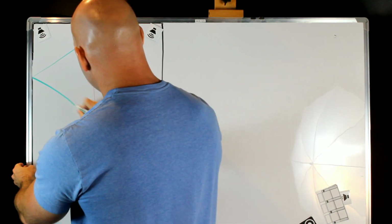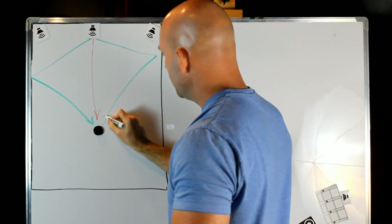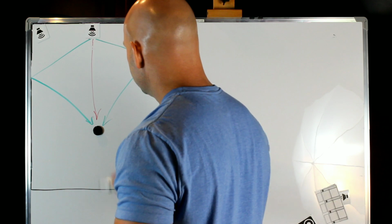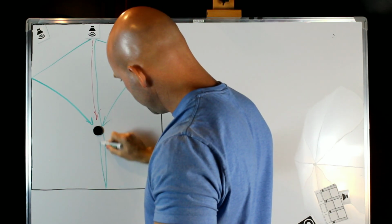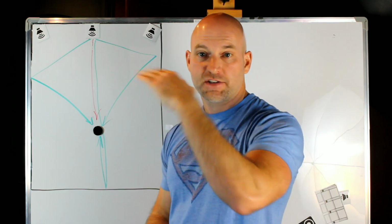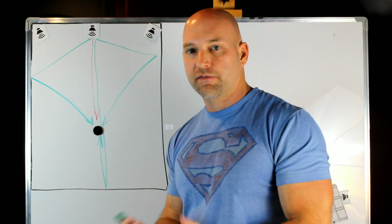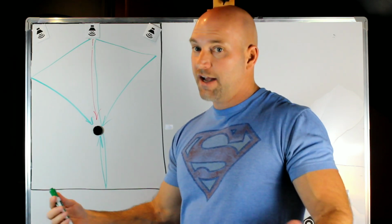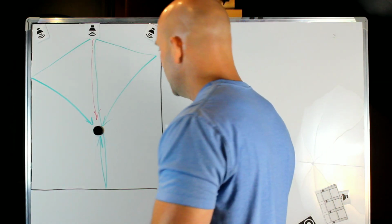Let's go ahead and do our reflections in green. We're going to have a reflection here and over here. We're going to have a reflection here. And then don't forget, we also have a reflection from the ceiling. So hopefully you have a carpet or something down, so we don't have a really strong reflection from the